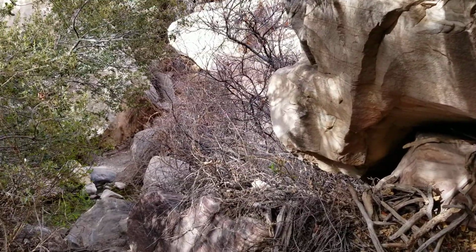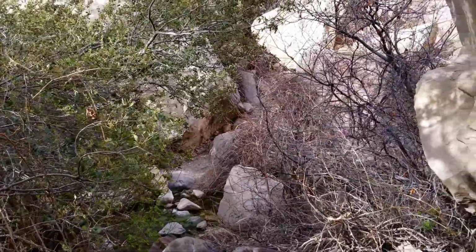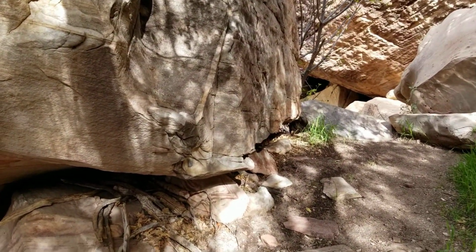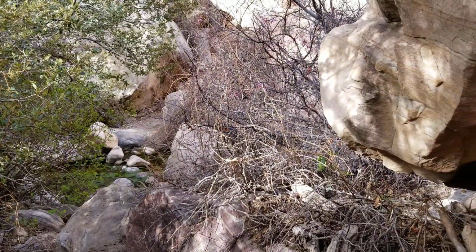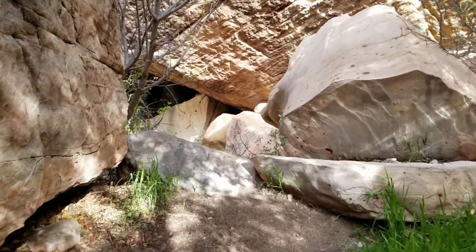Okay, so far every decision we've made is exactly correct, and to my thinking, the only decision you could make, possibly. Okay, we go through the brush tunnel and we end up on this little plateau, and of course we are now to the right of First Creek. First Creek is on our left, and if you went up this way,